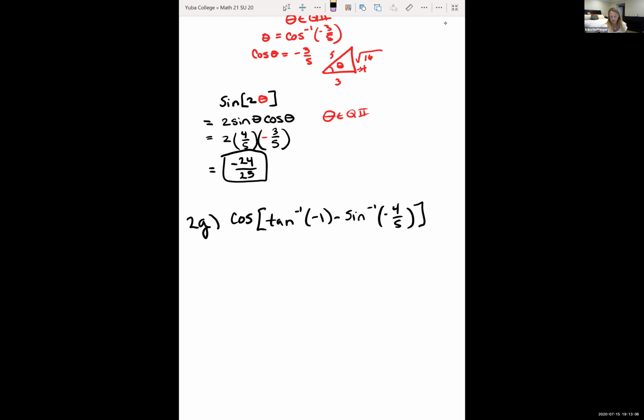So I would look at this. I actually know what tangent inverse of -1 is, so we could simplify that. Tan of pi/4 gives us +1, but this is negative, so it has to be in quadrant 4. So this is going to be negative pi/4. So far we have cosine